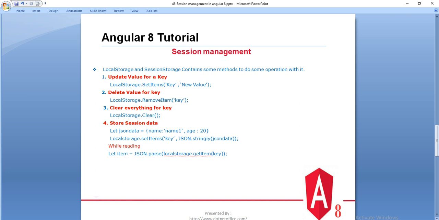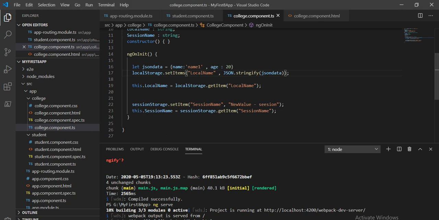So basically this is an interview question: what is the difference between the local storage and the session storage, and in your project which scenario you will prefer to use the session management. So the difference is that local storage works for the lifetime, like once we delete the browser and tab, the value for the local storage exists, but the value for the session storage goes away once we delete the browser or the tab. So that is basically the interview question.